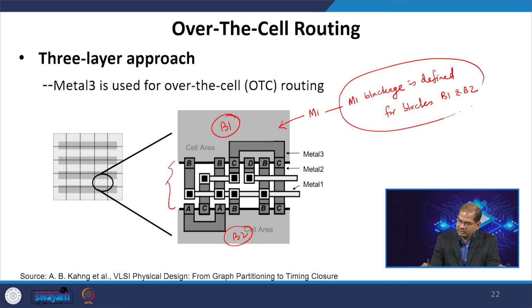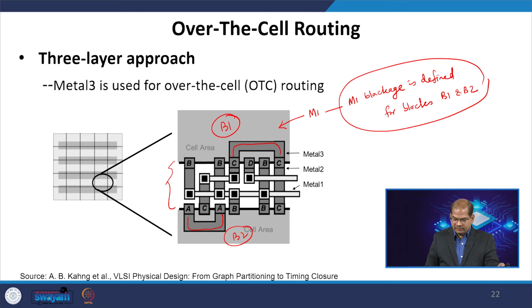So, this is one of the important points. And the second thing is that only metal 1 cannot route over the block, but metal 3 can. Here, this connection is through metal 3 above the cell, and this connection is also in metal 3 above the cell. So, this is called over the cell routing at the block level, where we have a channel in between. In the channel you can use metal 1, but over the cell you can use metal 3,